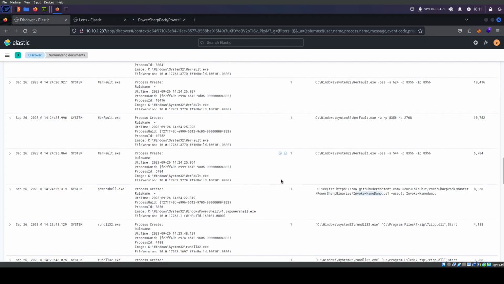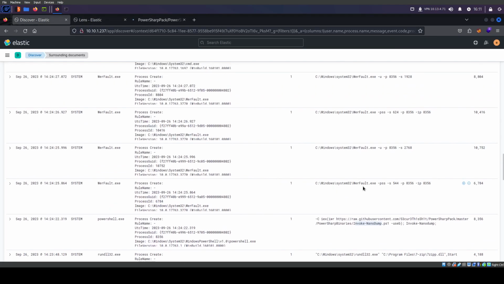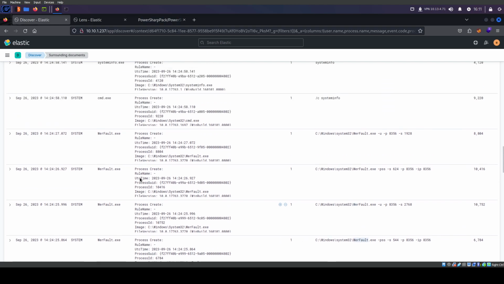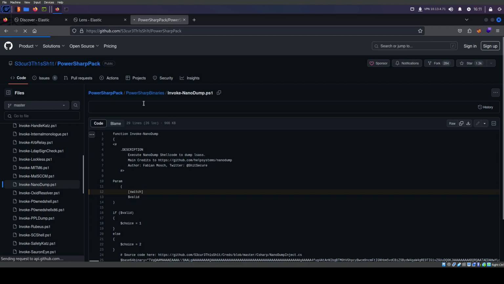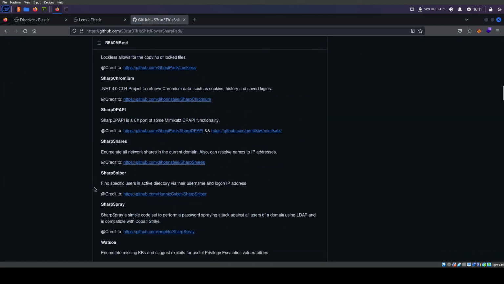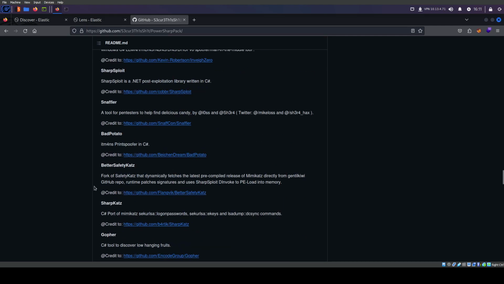All right, whatever. So let's see. I could probably get rid of these. I don't think I need these. Yeah, I'll get rid of them. All right, you know what? I think it's probably taking a while. PowerShell pack. Probably, yeah, there we go. The script was just too much. There we go.